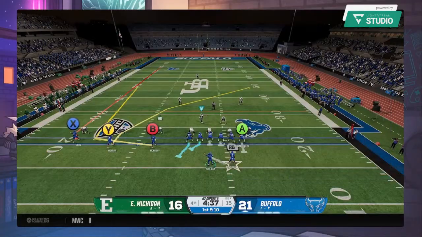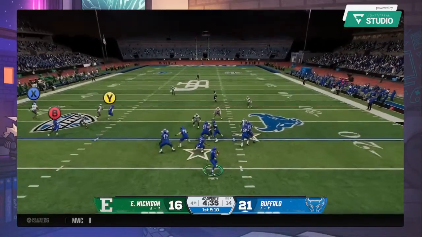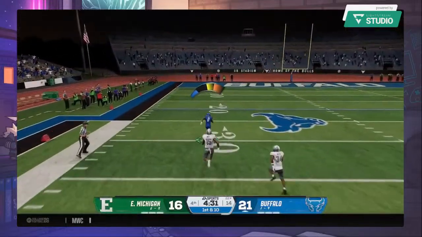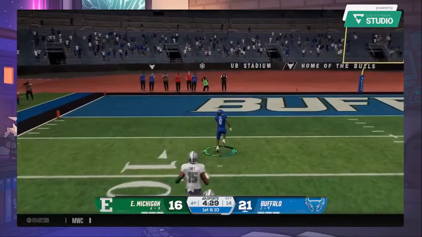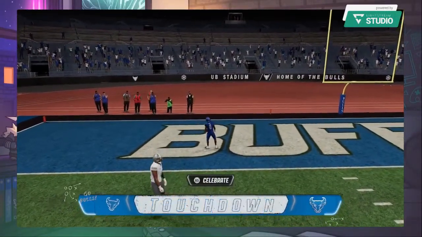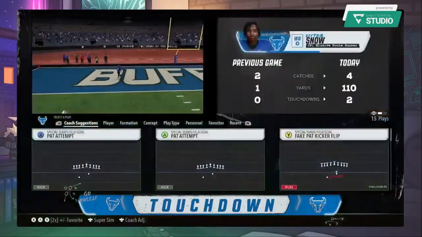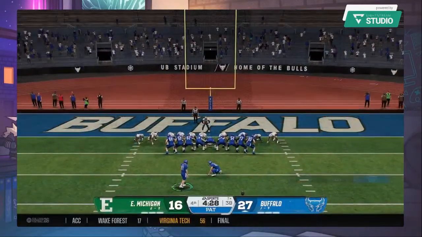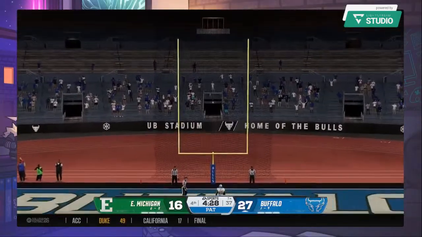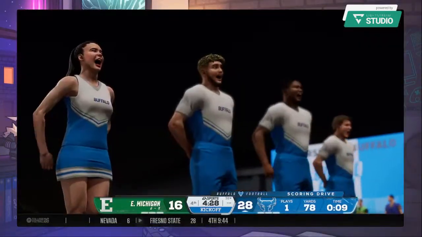Might be changing the route. Off the play fake on 1st down. He hurls one deep down the left side. He's got it for a big play. Touchdown, Buffalo. And once he found open space, the band might as well start playing. That should move them closer to this elusive 2nd win of the year as they build this 4th quarter lead.